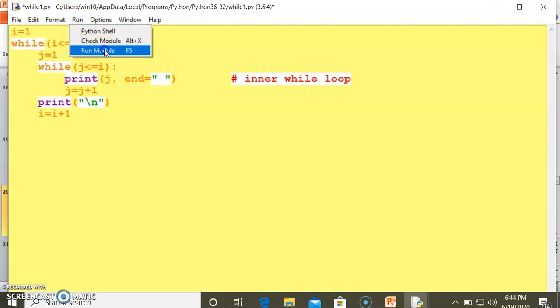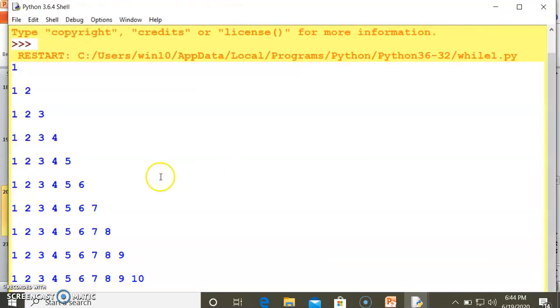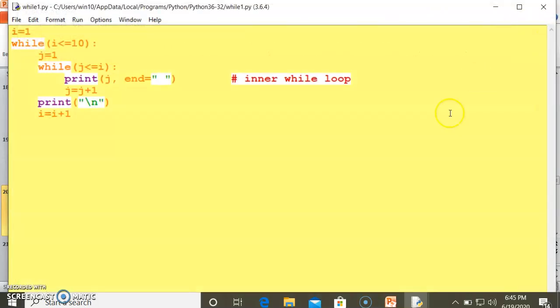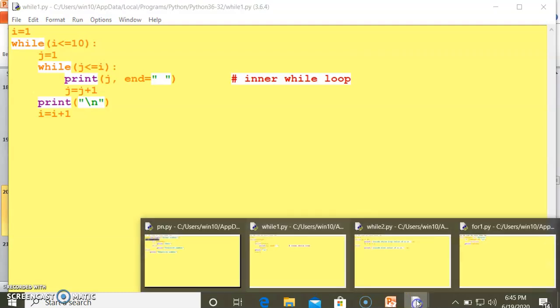See, I am running this. So first 1, 1 2, 1 2 3, 1 2 3 4, 1 2 3 4 5, till 10. So it will execute 10 times: update with the second, update with the third, till the last condition. Same way I am working with another example.